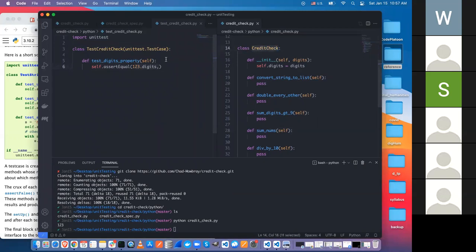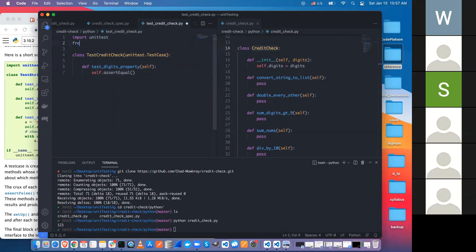Do we have access to credit check in this file right now? No. Right. So we don't have access to it, so we're gonna have to import it. So from... All right, so now we have access to this class right here. So we're importing this into here now. So now we can use this here. So if I want to test this self.digits property,